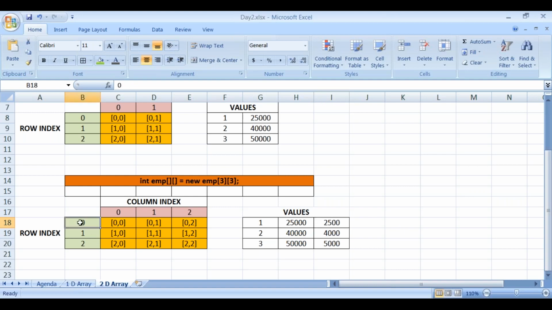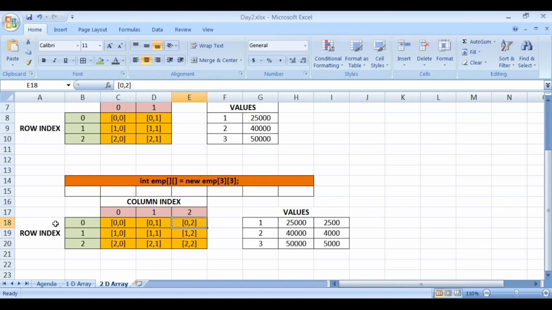Here you are storing in row index 0, 1, 2 and column index 0, 1, 2. And how do we refer to it? Suppose you would like to refer to 4,000, the row index is 1, the column index is 2: 1, 2 will help us fetch 4,000. Then 5,000 is 2, 2. Then 2,500 is 0, 2.